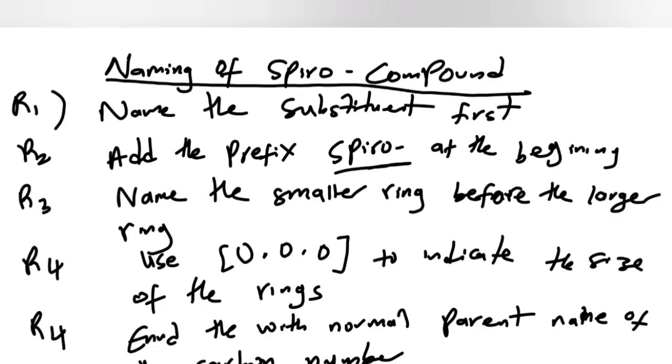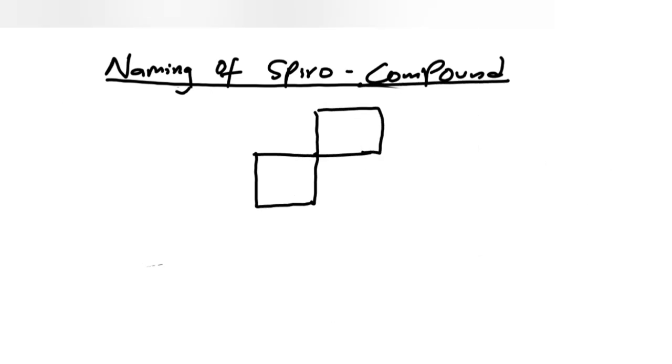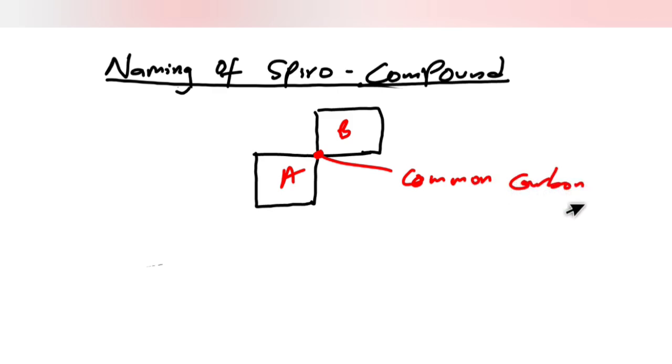Let's take an example of a Spiro compound and we are going to name it together. Now, for example, this is where it is joined. So this is the common carbon that these two, let's say this is ring A and this is ring B, have together. Now, let's name it. First thing we said, we should name the substituent, but if you check these two rings, we don't have any substituents here, right? So you have to leave that aspect. Number 2 is